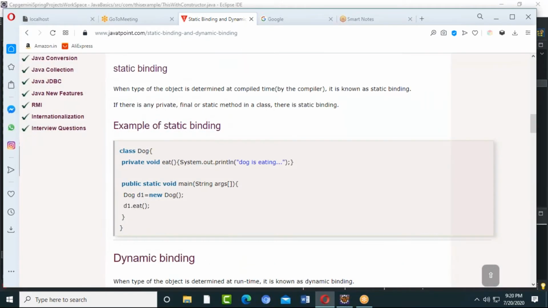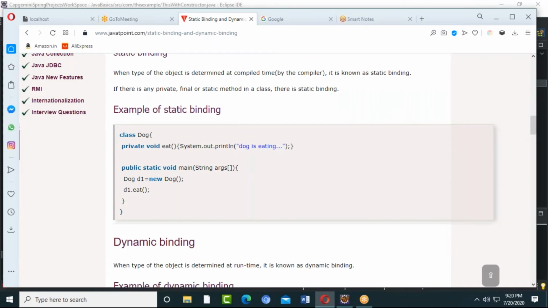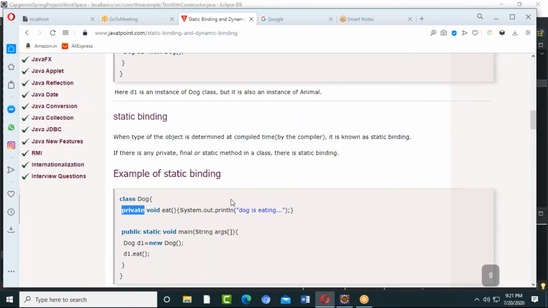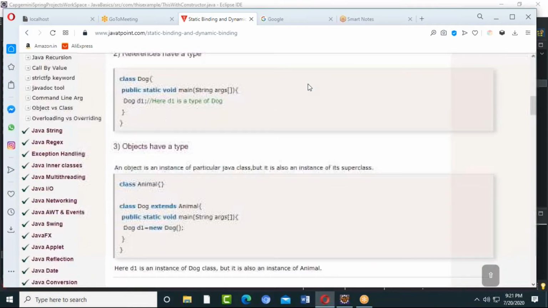Static binding here is talking about a method being private. If I have a private method in the superclass and I want to access it, I have to create a superclass object only. Are you getting me? Yes. If I want to access that private Animal class method, I have to create a superclass object.